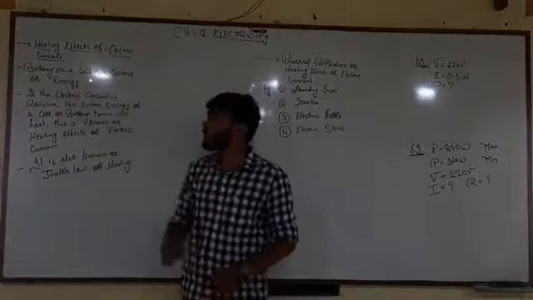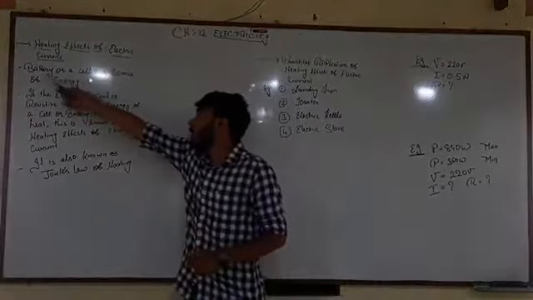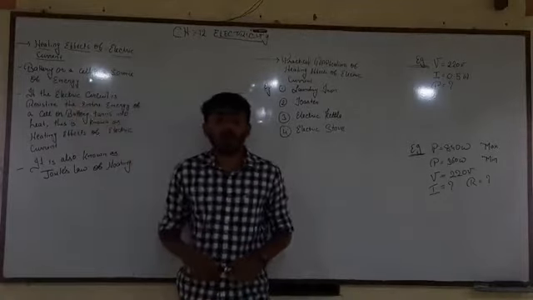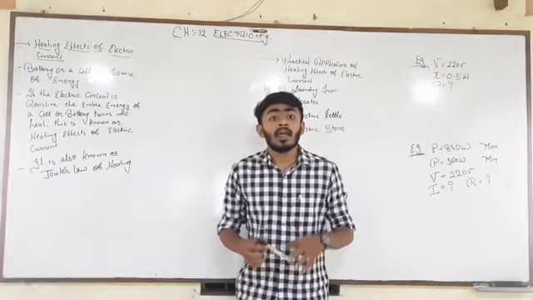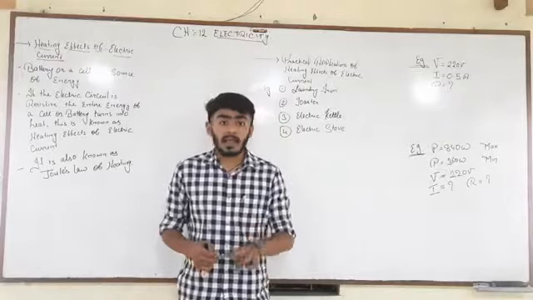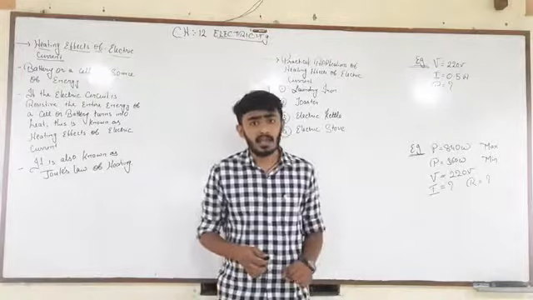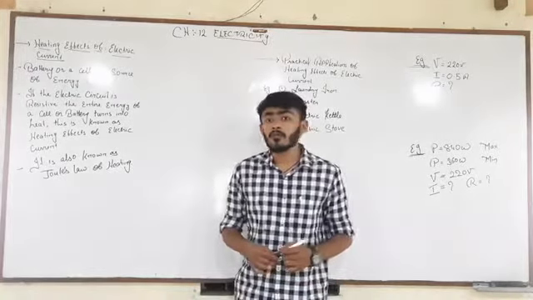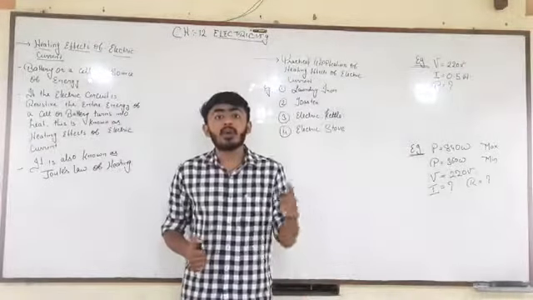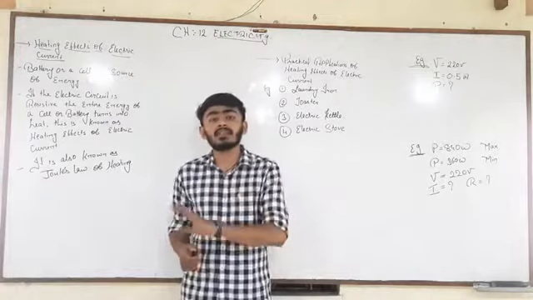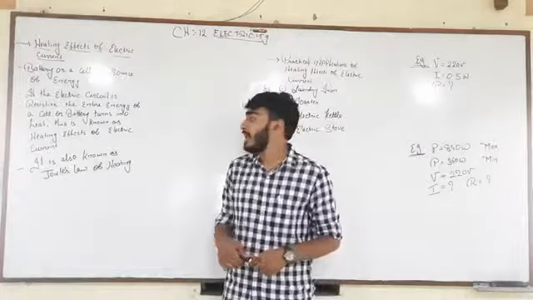So the first thing is heating effects of electric current. I have written over here that a battery or a cell is a source of energy. That means we are getting the electrical energy from either a battery or a cell. You know what a battery is. A battery is a combination of cells. So if the circuit is resistive, then the battery or a cell directly changes into the form of heat energy.